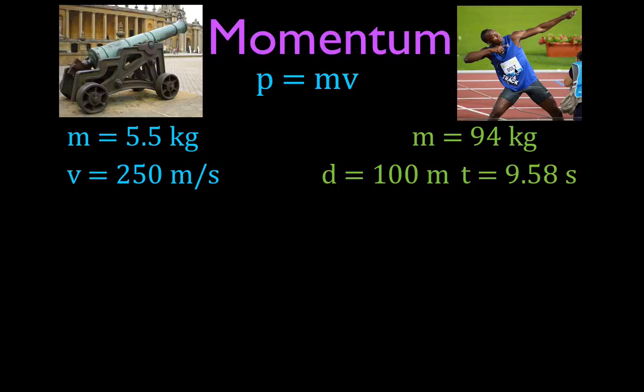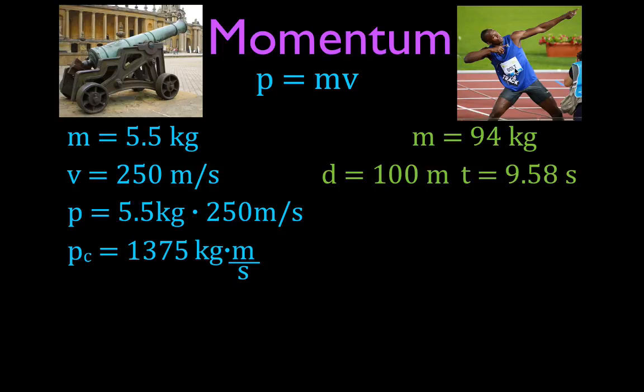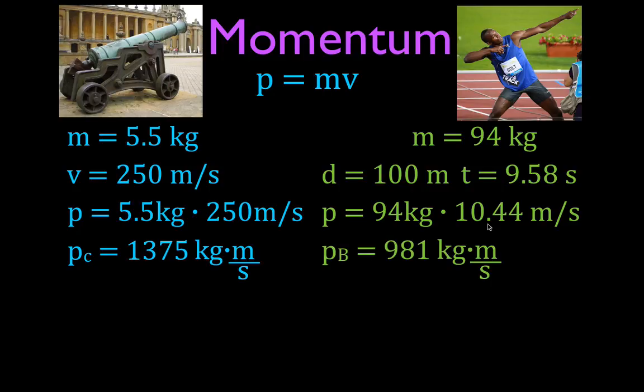So now we can calculate the momentum of each of those objects. The cannonball is 5.5 times 250, and that gives us a momentum of 1375 kilogram meters per second for the cannonball. And Usain, his mass is 94 kilograms. This would be his average speed if he does the 100 in 9.58 seconds. Multiply those two, and you get that he has a momentum with his mass moving at that velocity of 981